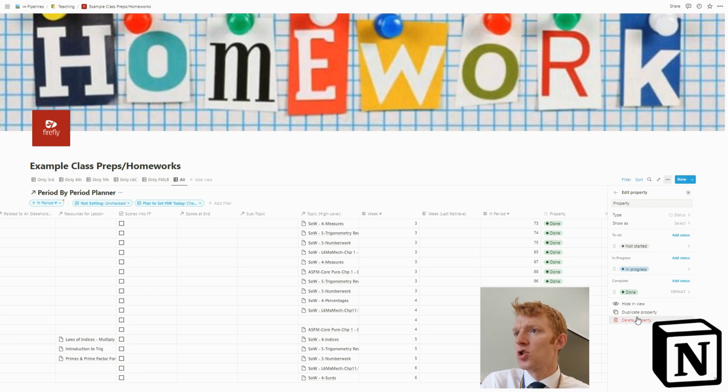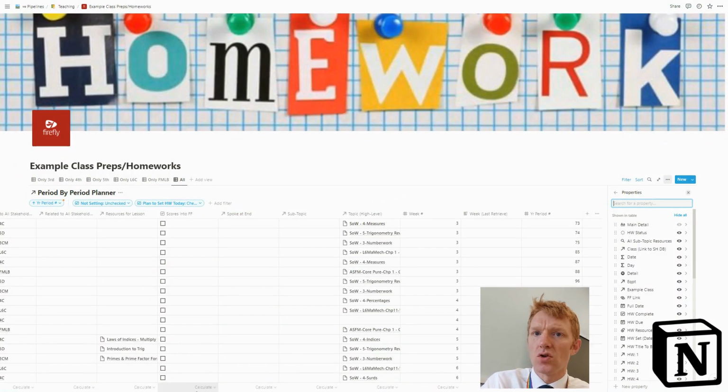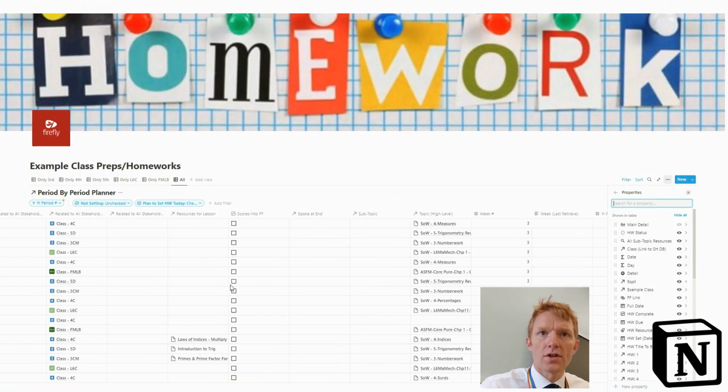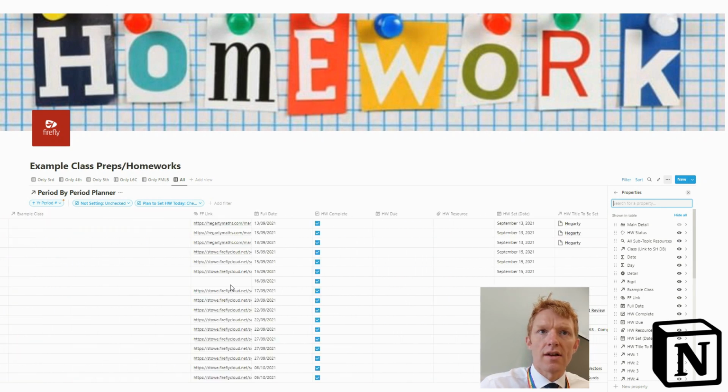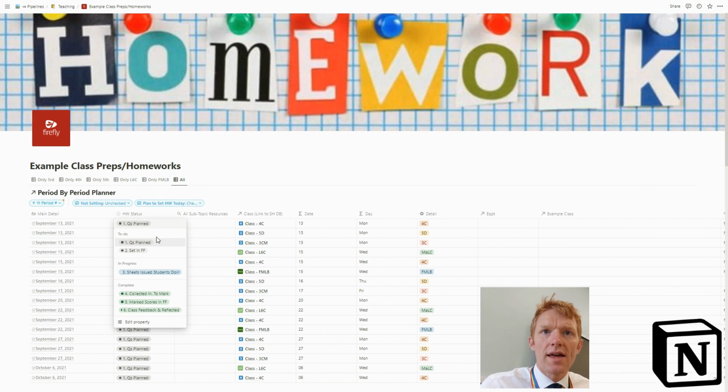All right, but here, let me show you what I've done. So I'm going to delete that one because I've already created my new property for homeworks. I'll zoom back over here because I've put it right over the left-hand side of this. So I have created a six-step process for any given piece of homework, okay? So typically, as a maths teacher, I'll be setting some questions for homework. So step one,